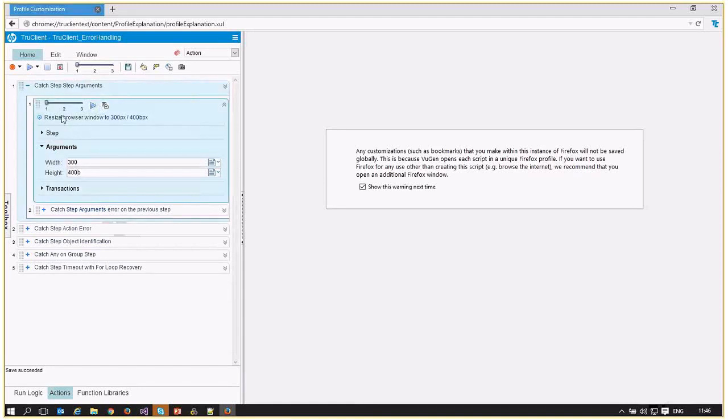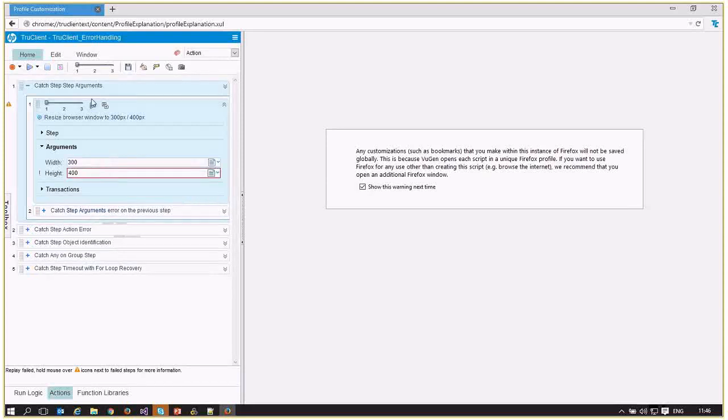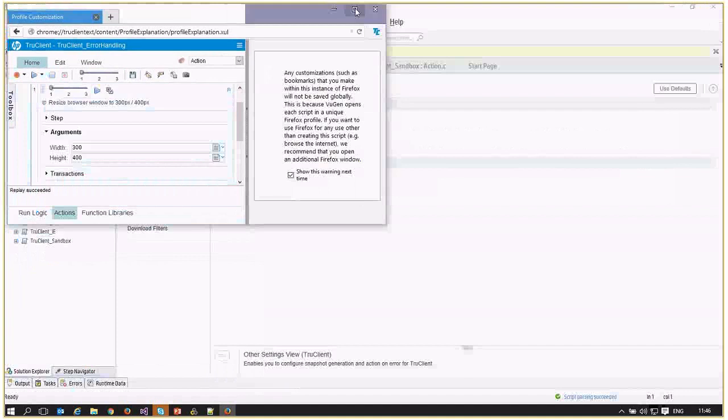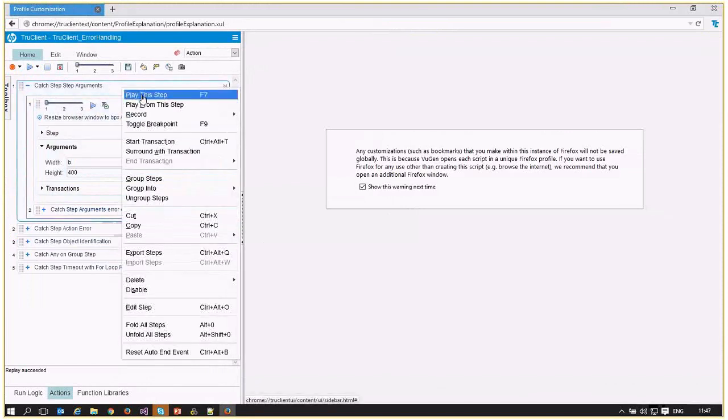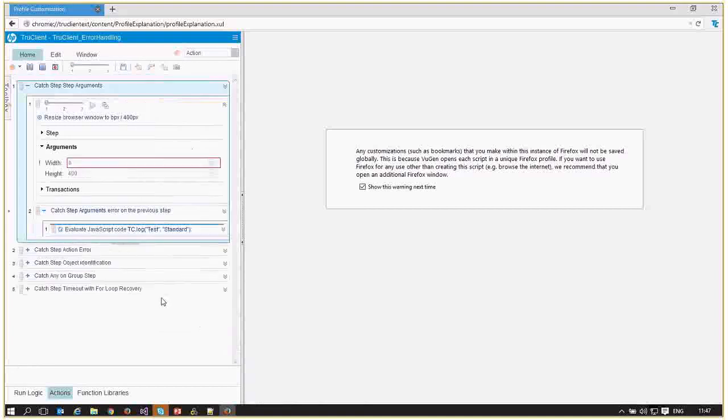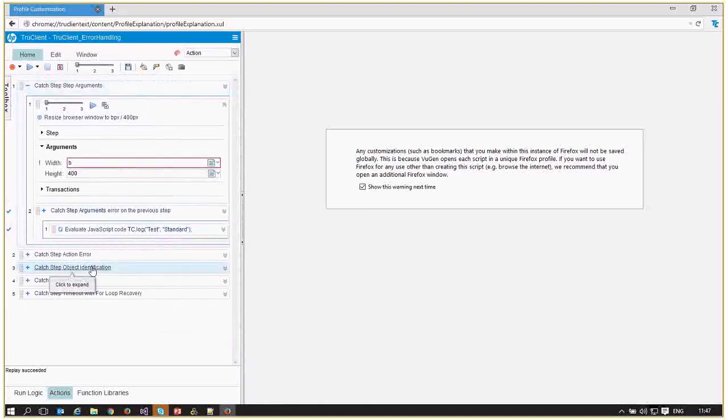And let's, I had the B in here. This is how it works. But let's run this step in this way. So I'll run the group step in order for the catch step to be captured. And as you can see,